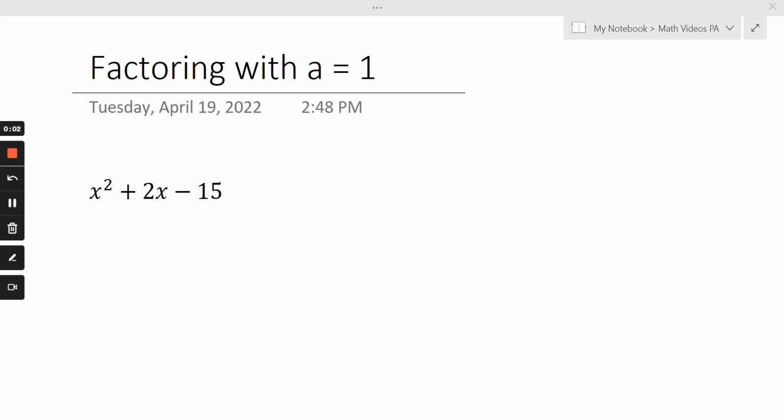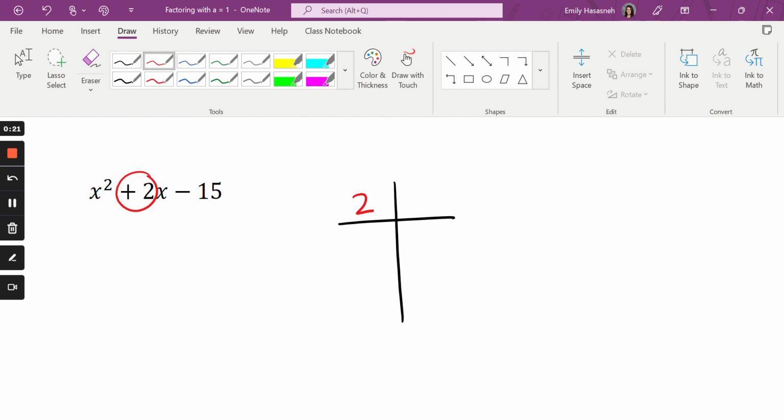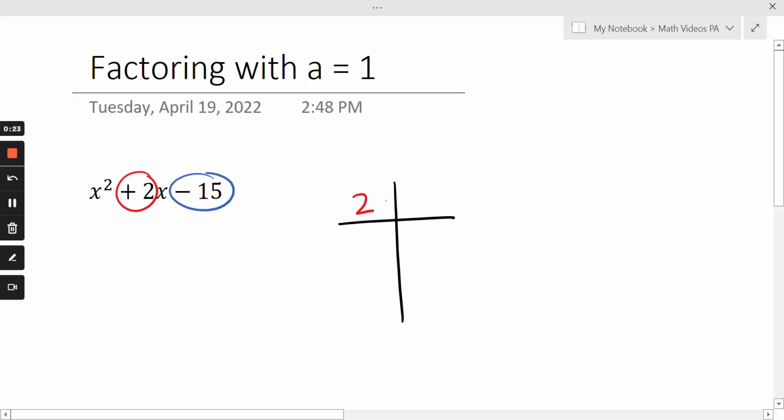In this video, I'm going to show you how to factor, and with factoring we have a equals 1 in these cases. So to factor these, I like to start with creating a t-chart, and I'm going to put my middle term and its sign here, and I'm going to put my last term with its sign right here. Now my goal is to find two numbers that multiply to get me negative 15, but add to get me